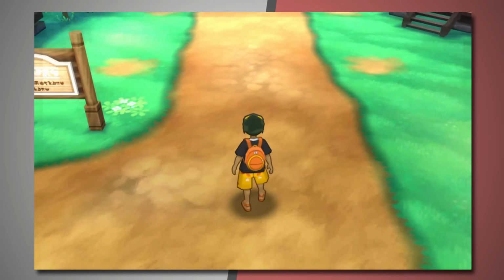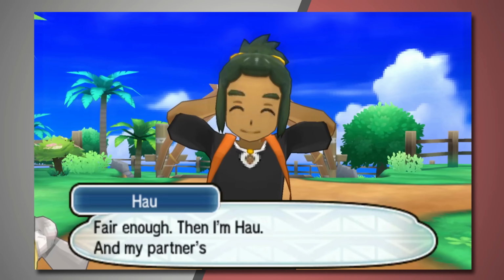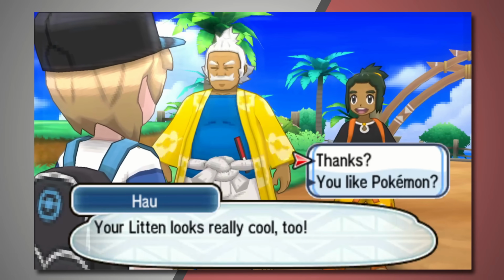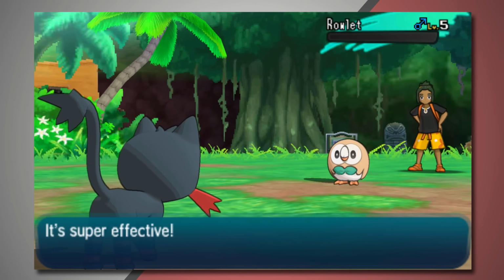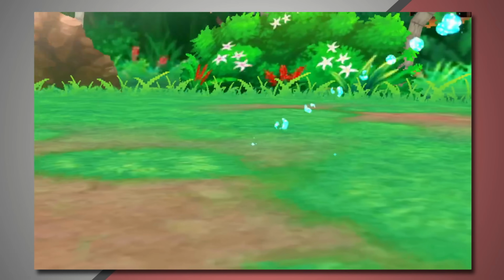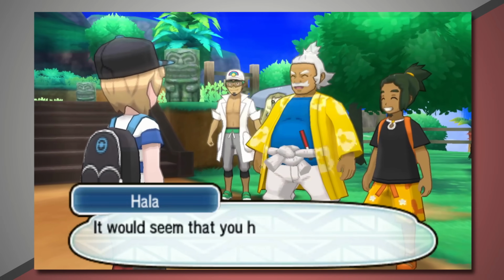before we're stopped by some random kid who wants to battle. He introduces himself as Hao, and we have our rival for these games. We absolutely destroy his Rowlet because he didn't get the memo that he's supposed to choose the starter that we're weak against. But with that battle done, we are ready to go, and nope, we have to go to the